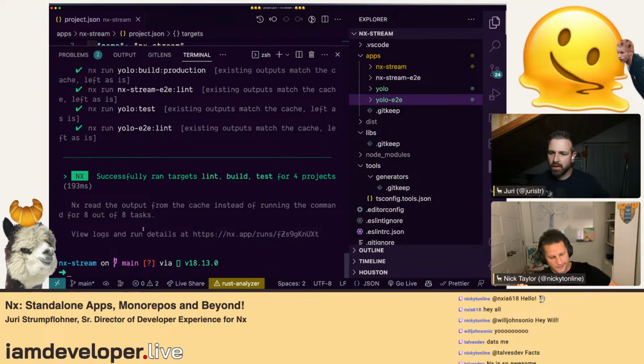And I wonder too, because of the distributed caching, I know there's other projects that do this too, but I guess that would also make for a compelling reason to potentially have a monorepo as well, because it's all in the same project, so you're also sharing the distributed cache. I don't know if that's necessarily a reason to choose a monorepo, but